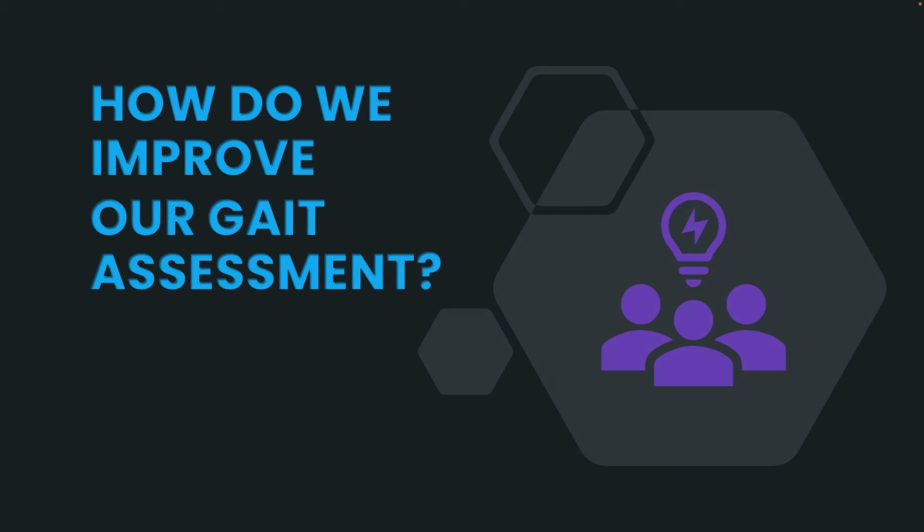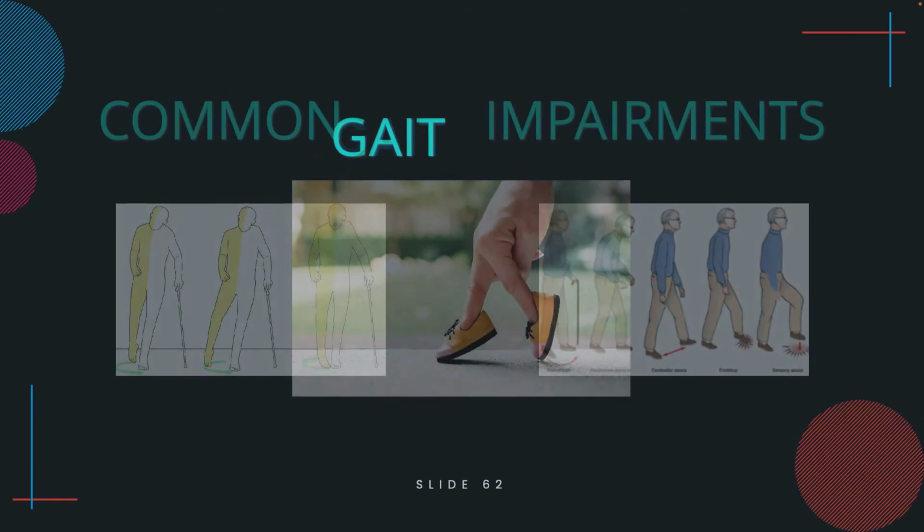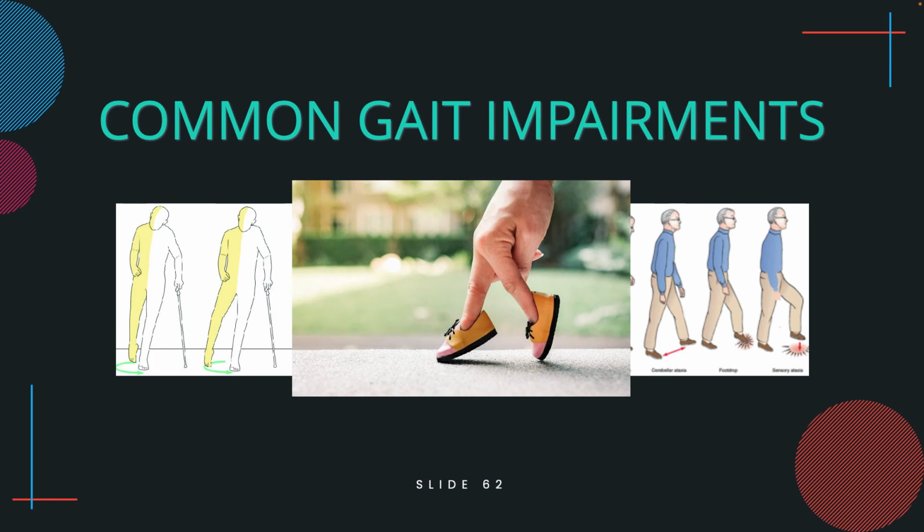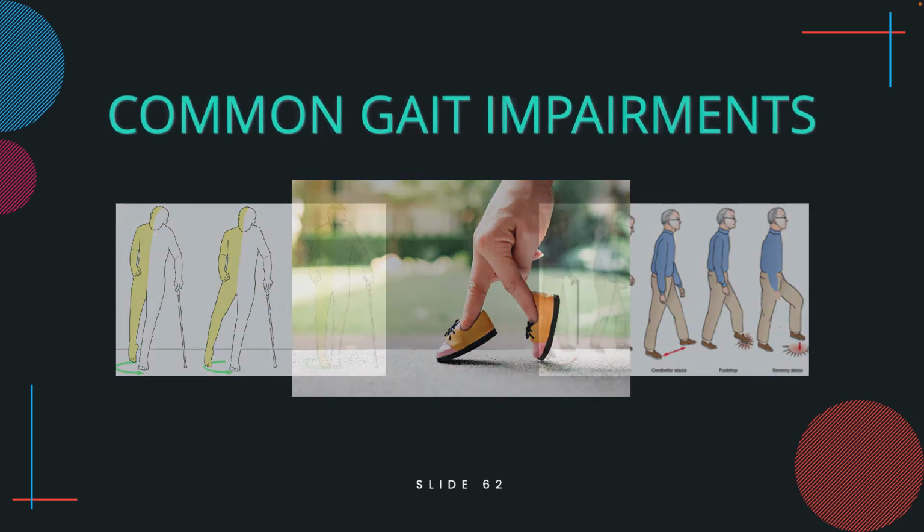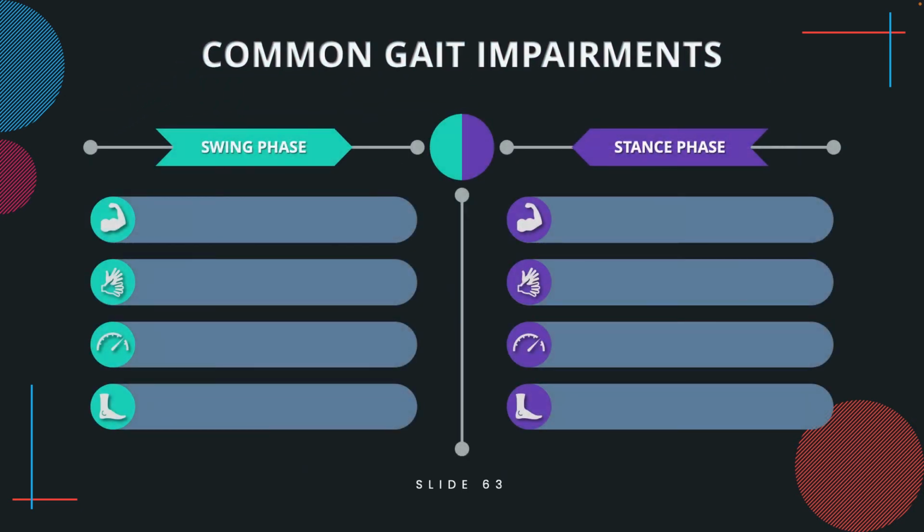So in this next section, we're going to look at some shortcuts that you can think about when performing gait assessment. And then we are going to practice relating certain gait deviations to certain impairments. So what are the common gait impairments that we see in people that have neurologic issues? We'll look at this by swing phase and by stance phase. So starting with swing phase,